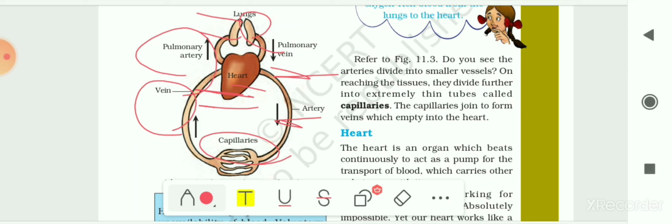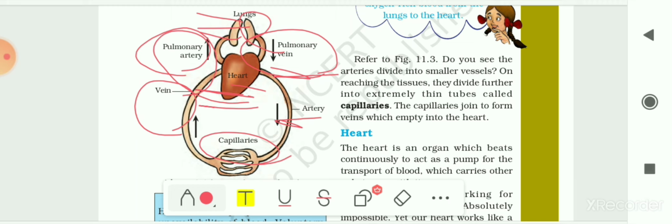So now again the blood which is rich in carbon dioxide will flow from the heart to the lungs through this pulmonary artery. Again in the lungs, the carbon dioxide is removed from this kind of blood, and the oxygen will combine with this blood, and that oxygen-rich blood will flow through this pulmonary vein from the lungs to the heart. So this cycle will continuously go on till the end of our life.